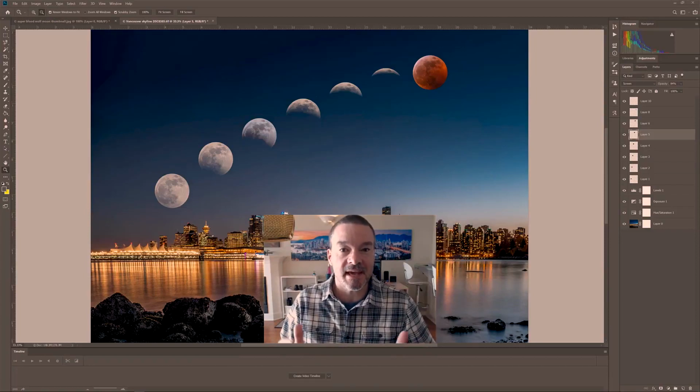I'm going to show you how to make a composite image with the moon over top of another image just